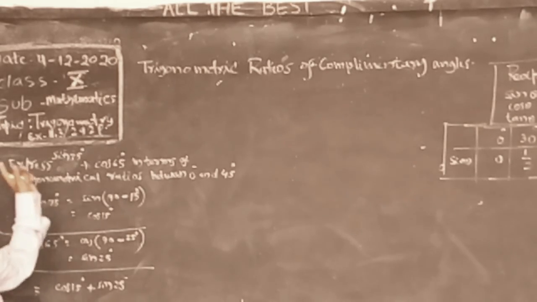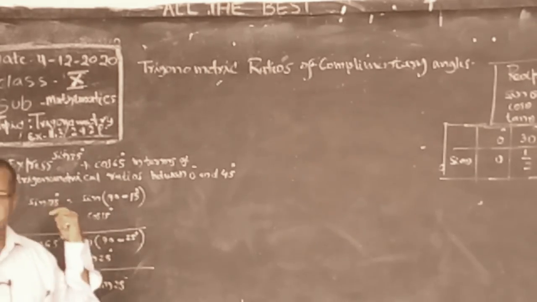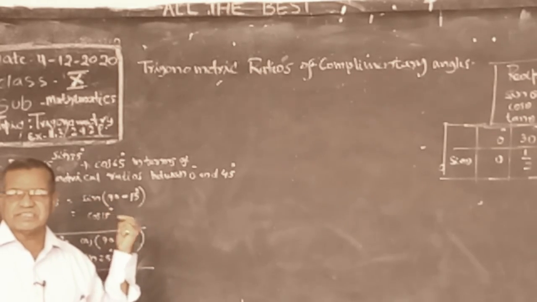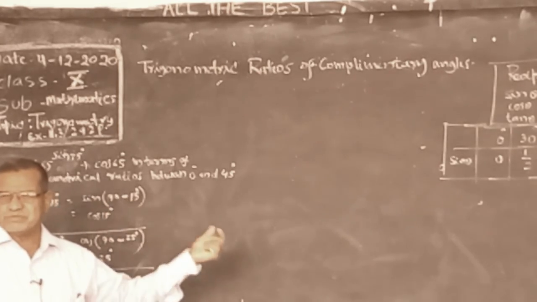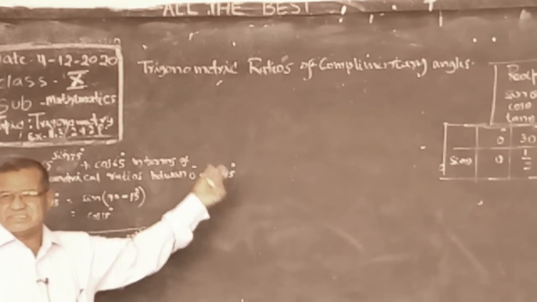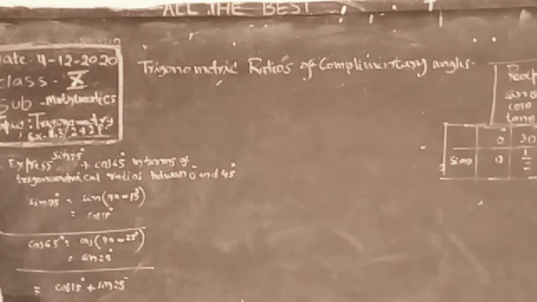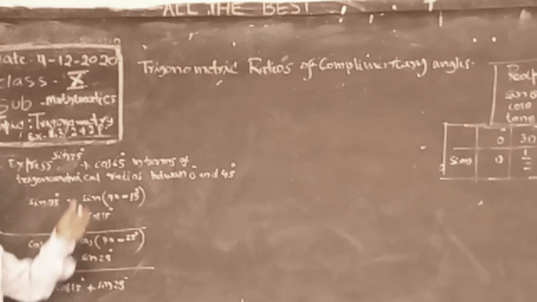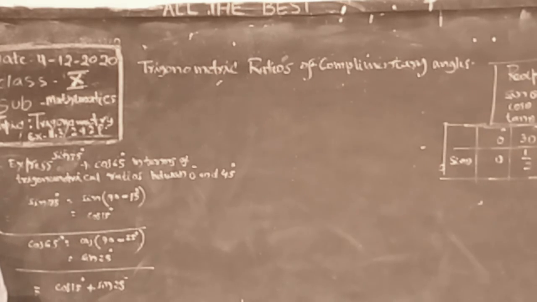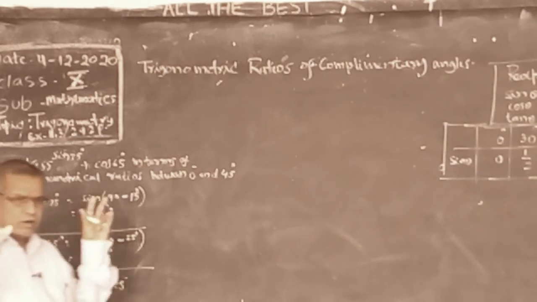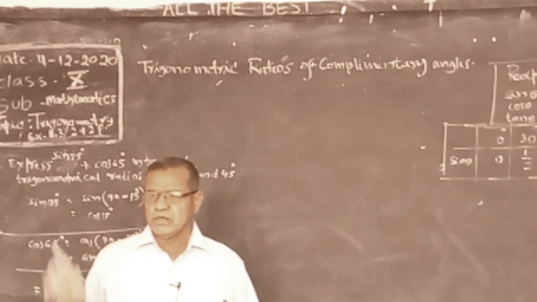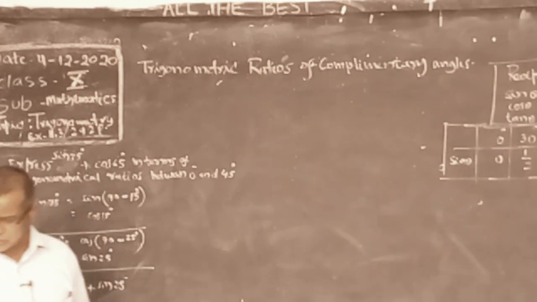Be attentive. Listen always in each class and slowly. Even small children can understand this trigonometry. Those who are studying 5th class, 6th class also can understand. But you are in 10th class, you can easily understand. Simply, every day we are giving new information. I am not giving everything at once. Please follow and do all the examples.